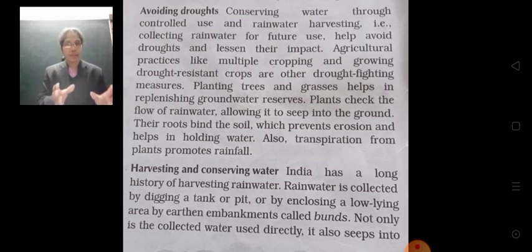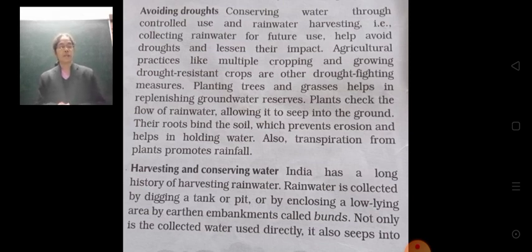We can adopt all these methods to avoid droughts. Harvesting and conserving water is one of the best ways to avoid drought. We know that India has a long history of harvesting water. We have different plans to harvest rainwater, and rainwater is collected by digging a tank or a pit, or